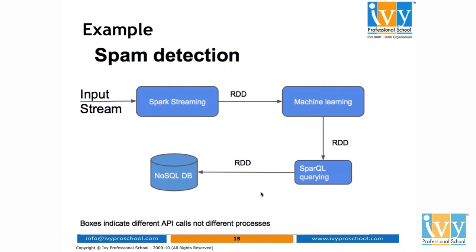Because of the unification, you have a common abstraction, and you do not have to have different systems to perform different things. Like in the Hadoop ecosystem, I told you, for different types of processing, for SQL processing, you need Hive. For interactive processing, you need Impala. For streaming kind of jobs, you need Storm. So you have to have different processes there, different systems there. But in the case of Spark, you need not have different systems.